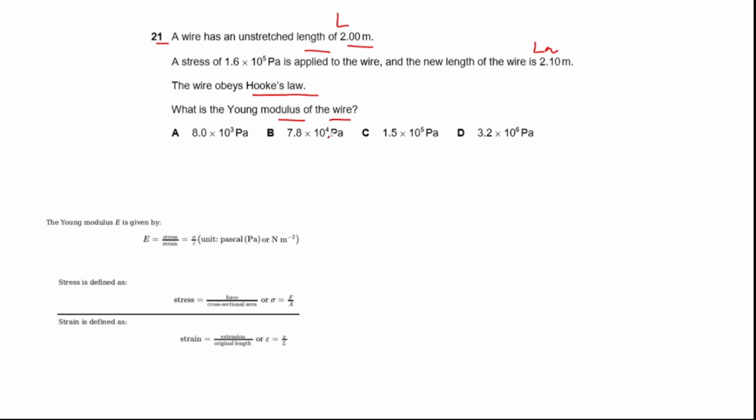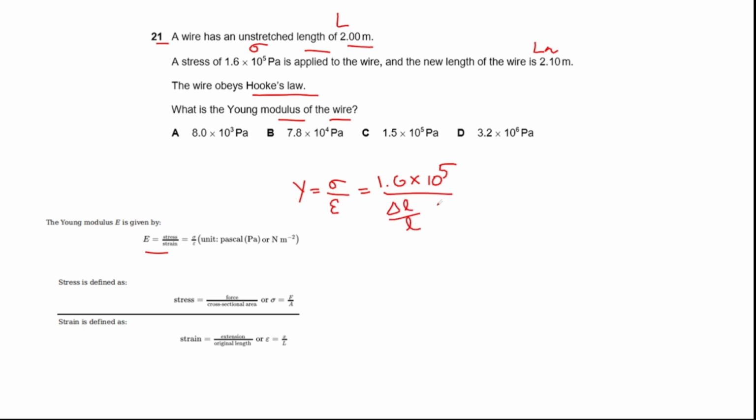So we'll be representing the stress as a sigma. So this is a sigma value. The formula for finding the Young's modulus is stress over strain. So sigma divided by the strain value. So sigma is directly given as 1.6 times 10 to the power 5 pascals, and strain is the elongation divided